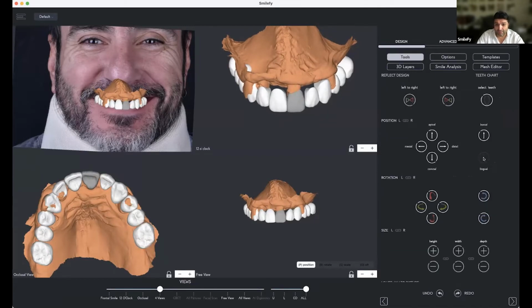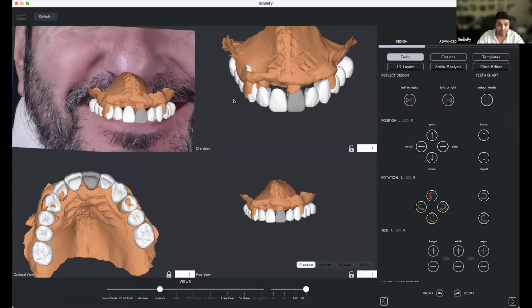Let me go and adjust here a little bit like this. Okay. But even, no, maybe more buccally. And like this. And also here buccally. Also, what we can do, and I think that's a very, very helpful feature that we have now integrated.